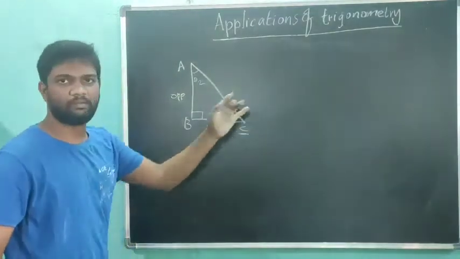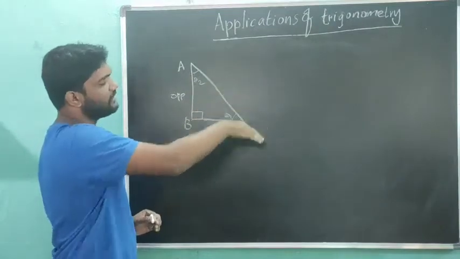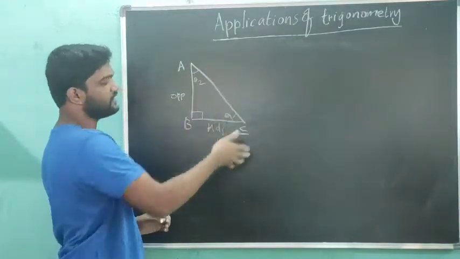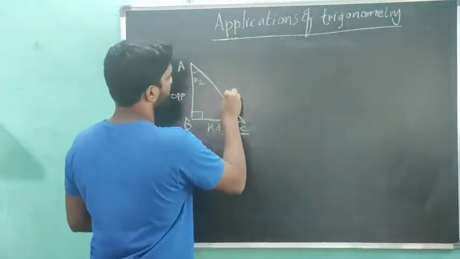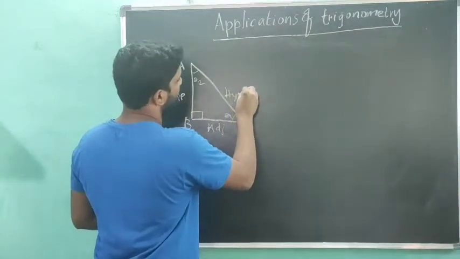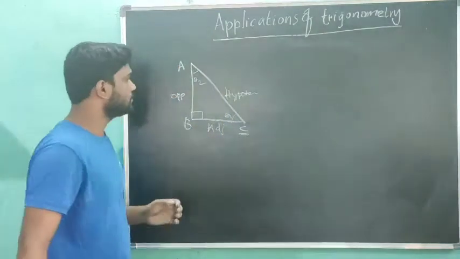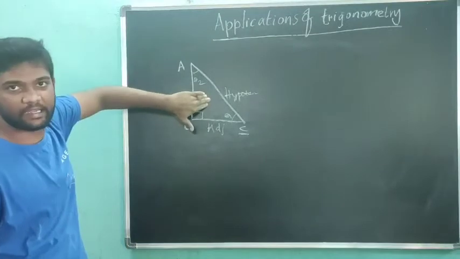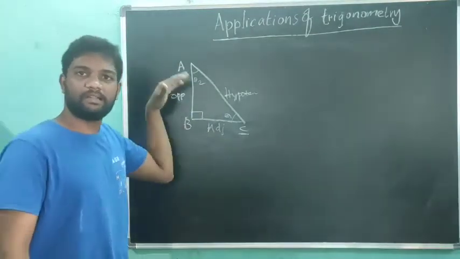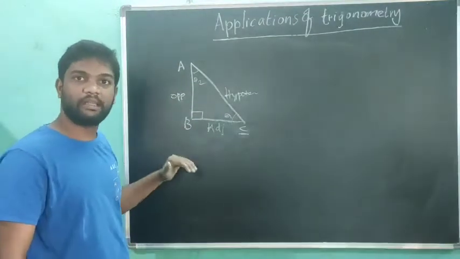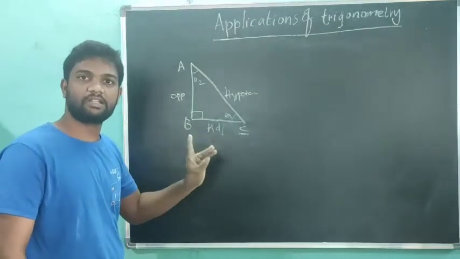In our trigonometric chapter, we already found that. And what is this AC length? In a right angle triangle, this AC is always the hypotenuse side only. It is very simple, known to you. Hypotenuse. So, by using this triangle, I would like to write the trigonometric ratios. What are the trigonometric ratios? You all know that. Sin theta, cos theta, tan theta.